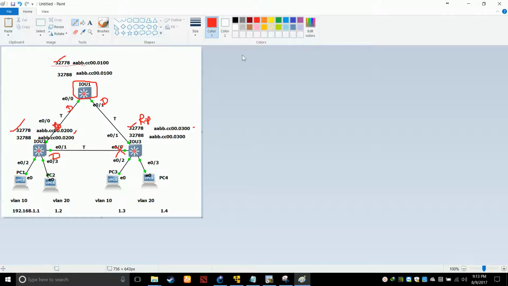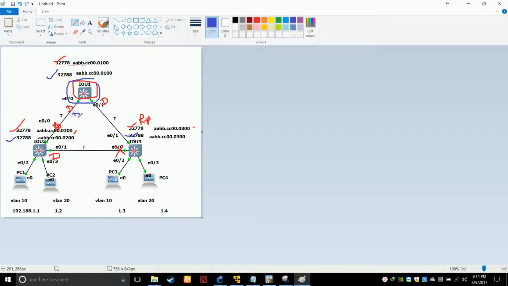And if you gave some thought to it, the same election will happen for VLAN 20. Look, for VLAN 20 we will compare this blue one and this blue one. Just don't look at the red one, okay? Forget that the red one is still here. So this guy is the root bridge for VLAN 20.